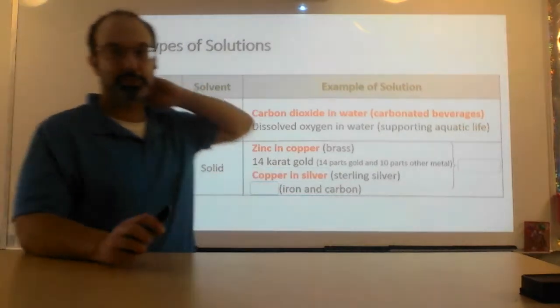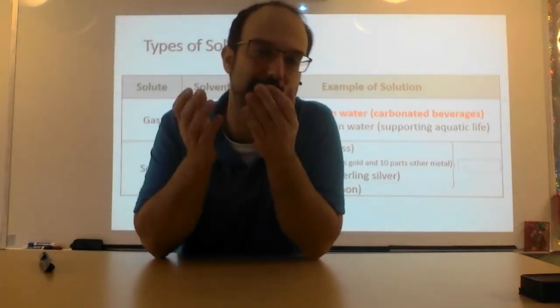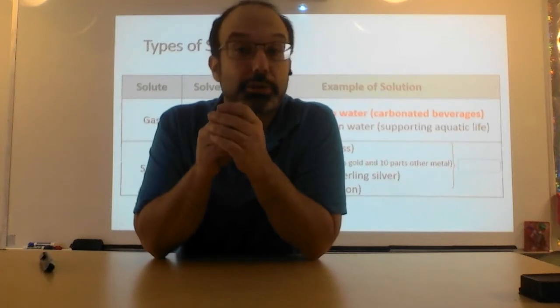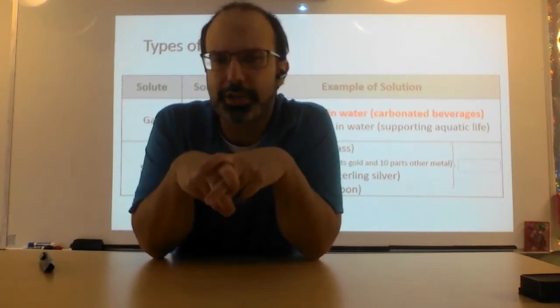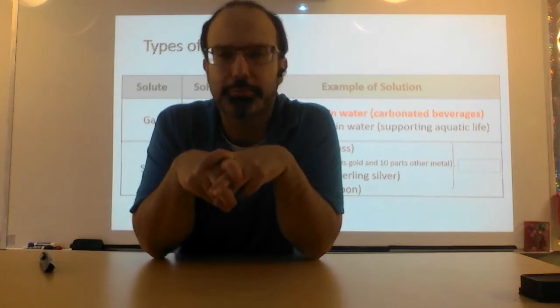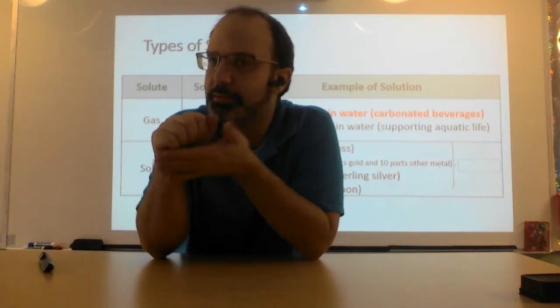Sterling silver is nice because if anyone has sterling silver, it doesn't tarnish, which is rusting, but for silver. It doesn't turn black. If you have pure silver and you leave it out in the air, it will react with oxygen and it will turn black, which is why you have to polish it. But every time you polish it, you're wearing away some of the silver